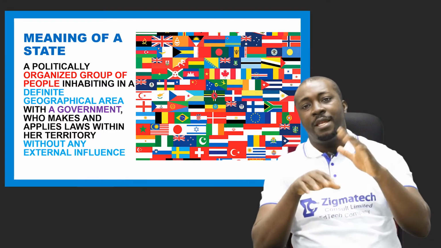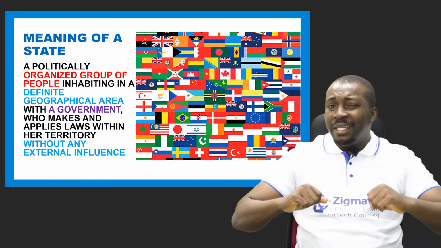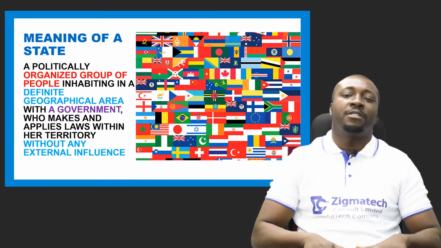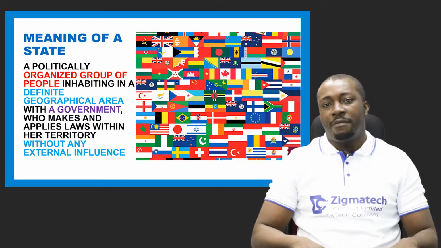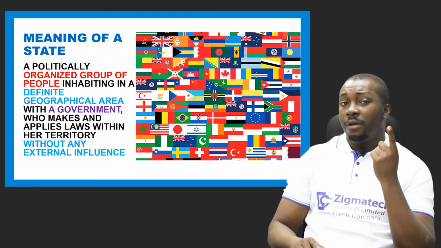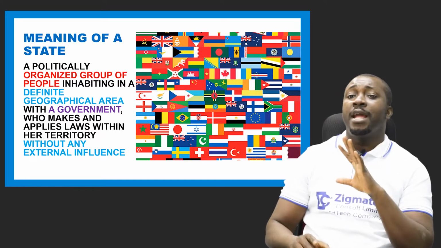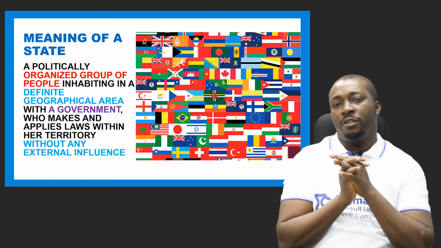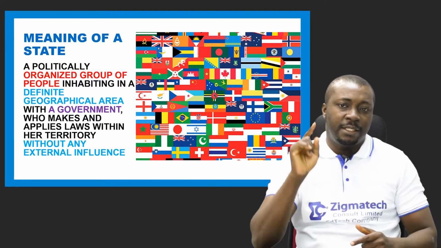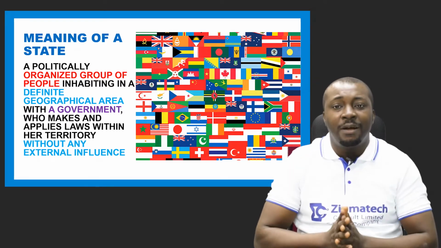So we are talking about a group of people that are politically organized, and these people are inhabiting a particular territory, a particular geographical area, and there is a government set up to make and enforce law with any coercive means it cares to employ without any form of external aggression. So meaning that for any group to attain statehood, it must be free from any form of external